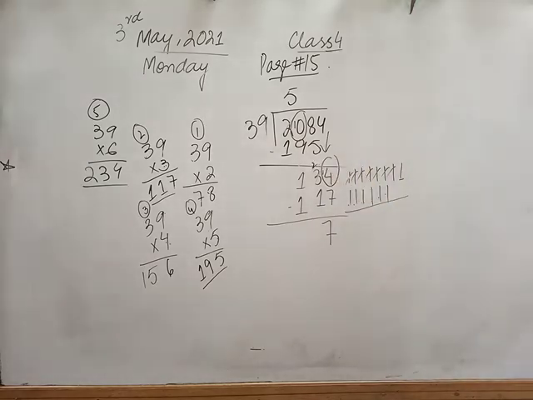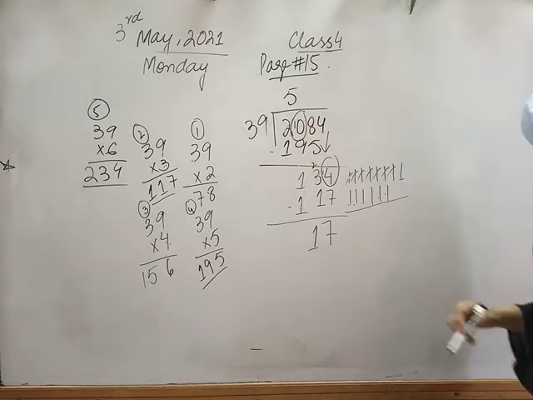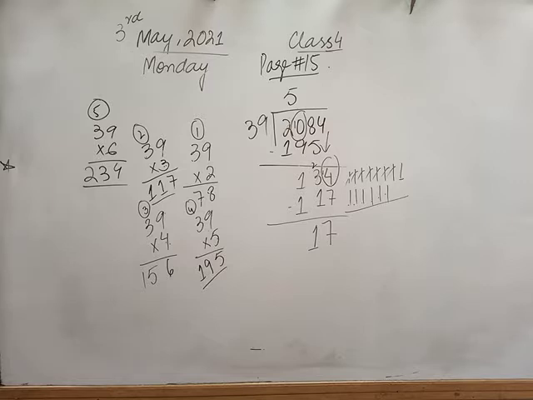Here what is left with us is 2. So 2 minus 1 is 1. When we subtracted 1 from 2, we have 1 in the end. Isn't it, class? Okay. So should it be divisible more by 39 or no? No, because if you look, in the dividend we have 17 and the divisor is 39. So we will stop here because 17 is not divisible by 39. It is smaller than the divisor. So we will stop here.